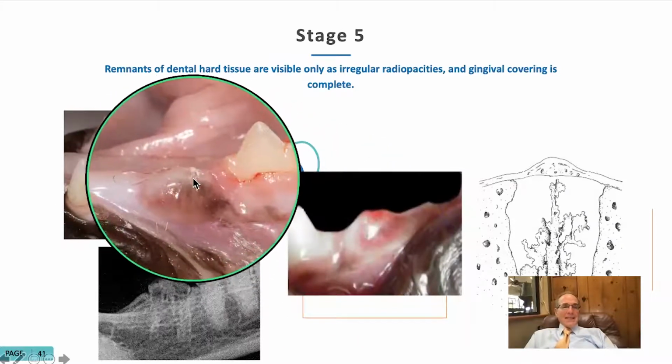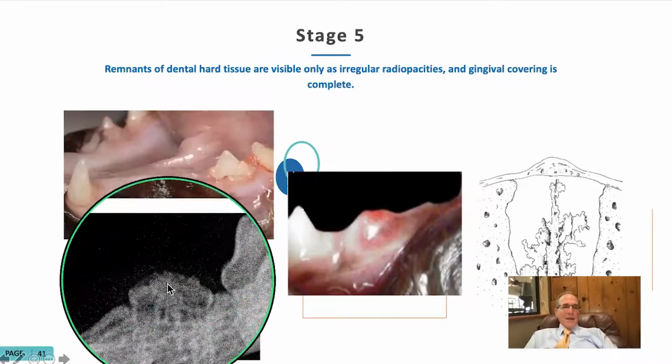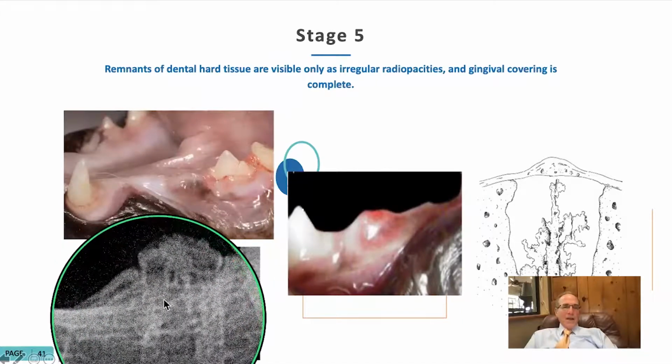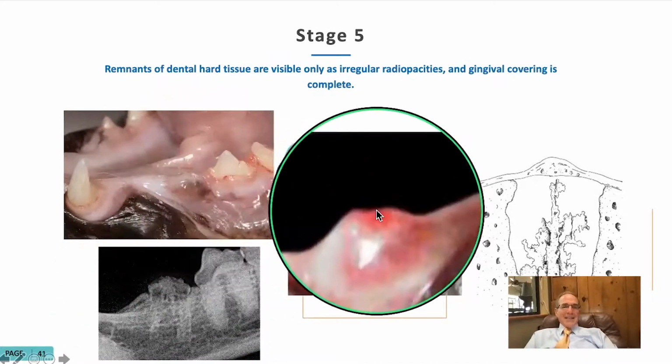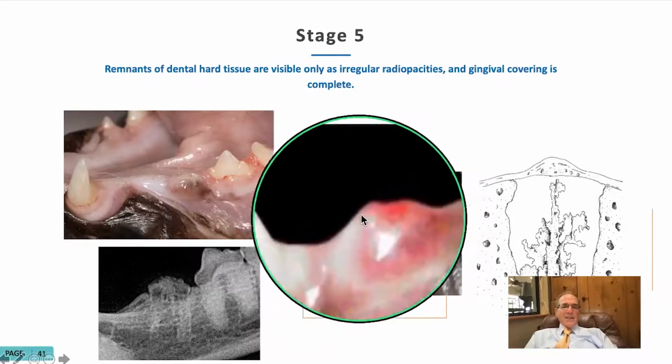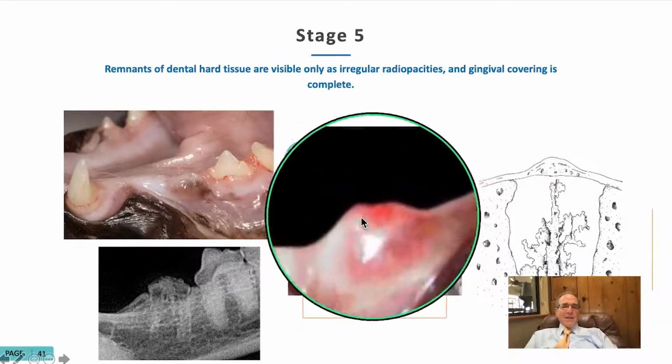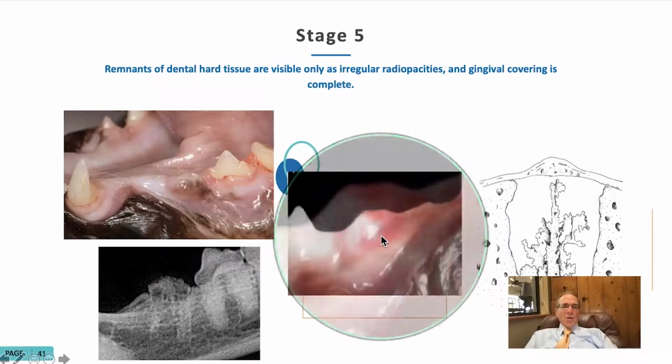And if the bump is not inflamed, that's what it looks like on the radiograph, then we don't do anything. If it is inflamed, then we want to make an incision over it, flap it, take away the bone in that area, and sew it back.